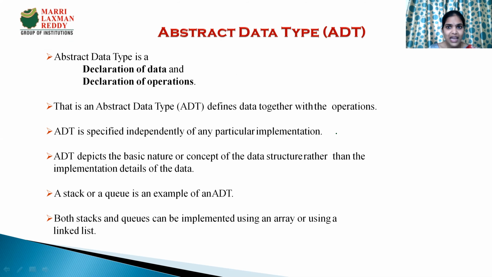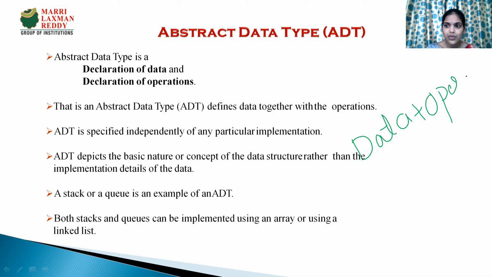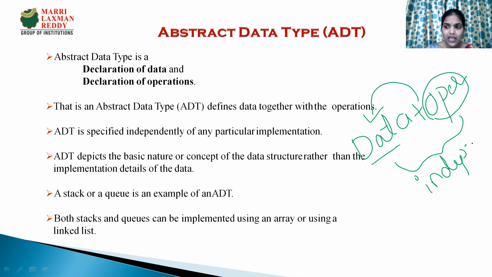Before going to stack, we have to know what an abstract data type is. We have seen the linear abstract data type, that is the list data type. The same abstract data type concept applies to all the data structures. Data plus operations is called an abstract data type. It means we know the data and the operations that we perform on the data, while its implementation is done independently, without our concern. The implementation details are hidden; that is nothing but an abstract data type.